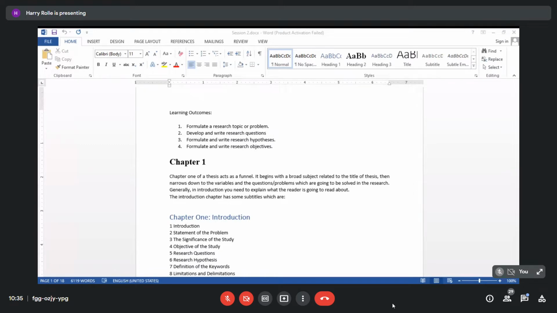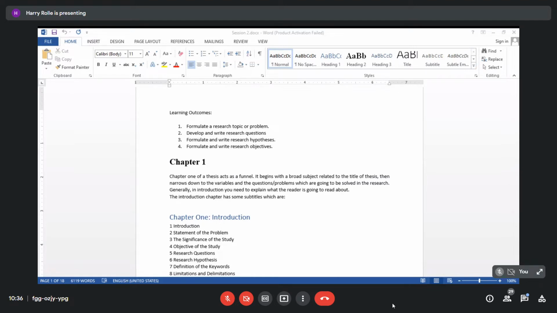Ayan, capstone. So normally, what are the 5 chapters that you use? Sir, yung chapter 1 po namin about introduction. Tapos yung chapter 2, yung RRL. Yes, review of related literature. Chapter 3, about methodologies, yung mga methods. Tapos yung 4 po namin, presentation of research. Tapos yung last part po, yung summary na lang po. Okay, so that's the 5 chapters na sinasabi namin na ginagamit ng normal na research.